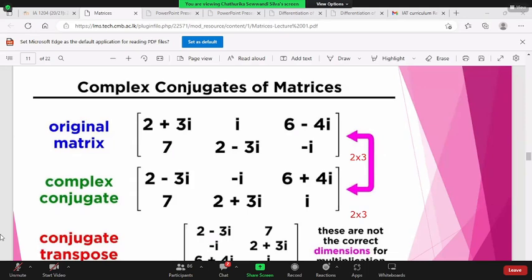We can't, ma'am. Why? Because here the 2 and 3 are not identical, right? In order to perform the multiplication, this is 2 by 3, and again we need to multiply 2 by 3 and 2 by 3. If we need to multiply two matrices, the number of columns should be equal to the number of rows, right? So these two are not identical, so we can't perform the multiplication in between these two matrices.